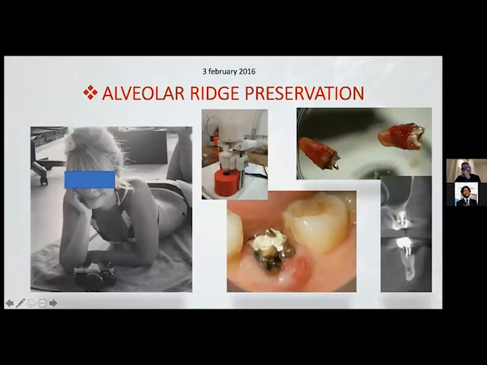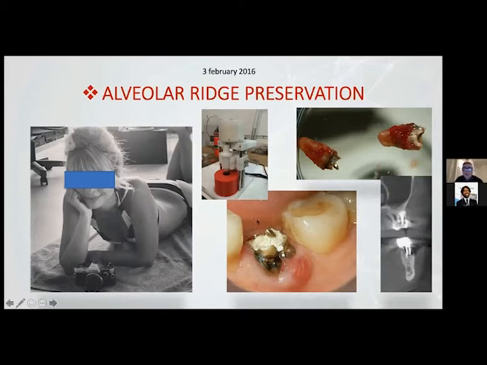So after that, in February 2016, we started with the first patient. For this patient we have an image because she's a vegan woman, and we have a prototype. This is the prototype of TTT, and she absolutely wanted to use the tooth, and she didn't want to use a xenograft material, because I normally use xenograft material in the last 20 years, but she didn't want to use something from animals. And so we use the dentin of this root.